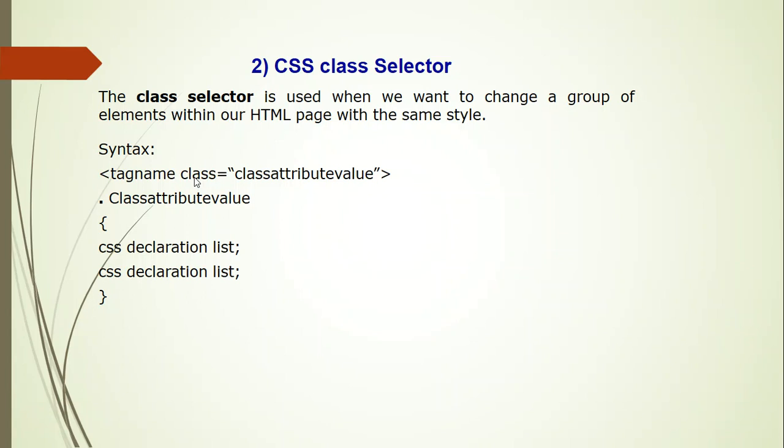There are many P tags, many H1 tags, but we want to give different styling to them. We want to apply different styles to them. Then we will introduce the class attribute in each one of the same tag. As it is an attribute, it will have a value. What will be its value? It can be anything. You have to give here a name. It can be A, B, C, D, E, F, G, H or any other name. The only rule is the class attribute's value should not begin with a number.